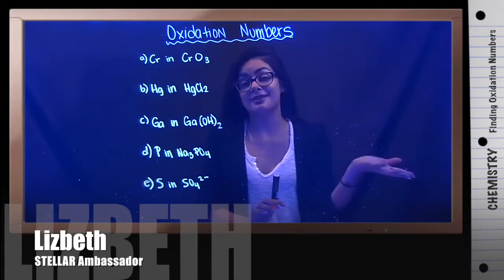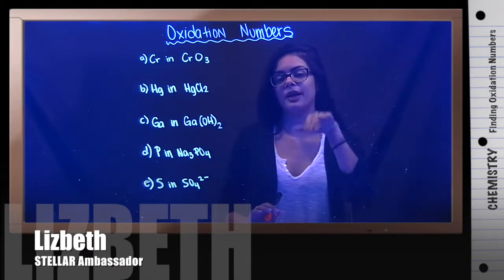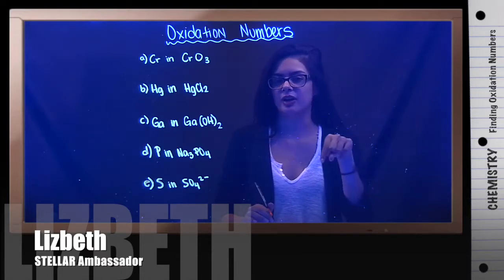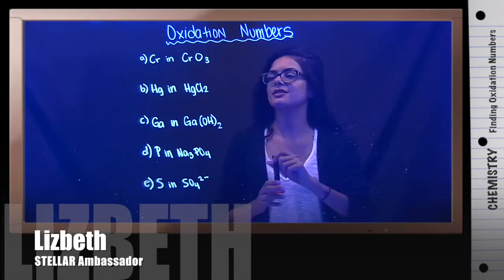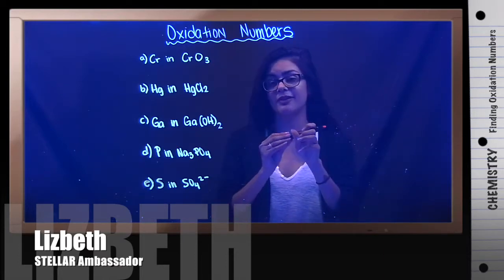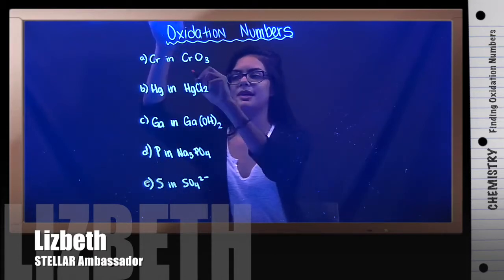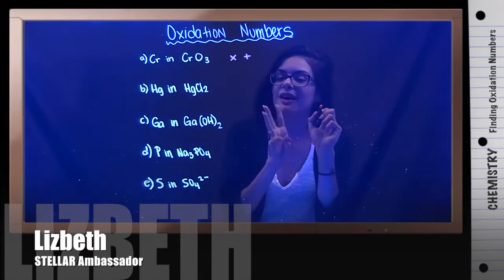Things you have to keep in mind are things that have fixed charges. That's going to be stuff in group 1, group 2, your halogens, nitrogen, and your oxygen. So let's make sure to keep those in mind. Here, whatever we're solving for, we're going to make into an x. So Cr is going to be x, and then we're going to add, there's 3 oxygens, so it's